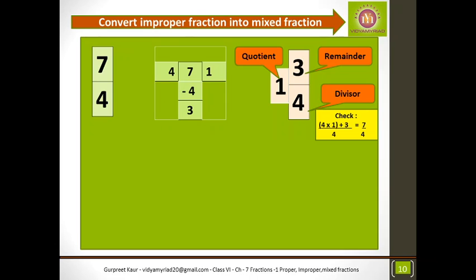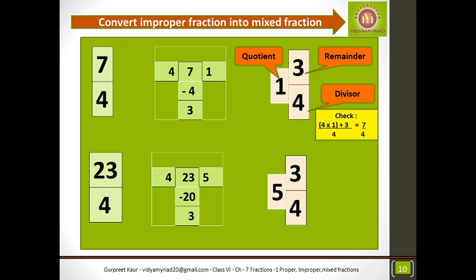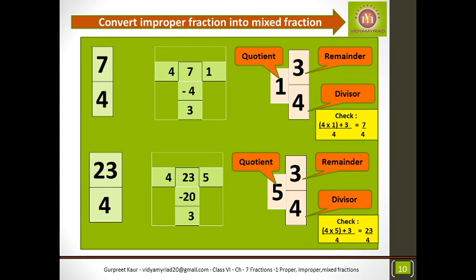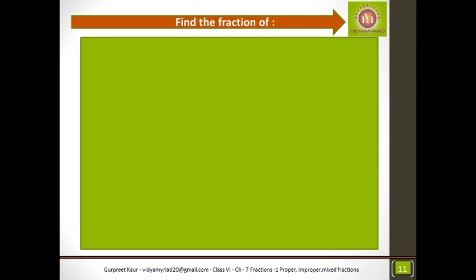Now in the previous slide, when we converted the mixed fraction into an improper fraction, I can even check that by dividing it. Now I know I can divide the improper fraction and check whether my answer is correct or not. Now I have 23 by 4. Just divide it and write it in mixed fraction form. It will be written as 5 your quotient, 3 your remainder, 4 your divisor. If you want to check it and see, 5 4s are 20. 20 plus 3 is 23. So the answer comes to 23 by 4. So this is how we convert it.